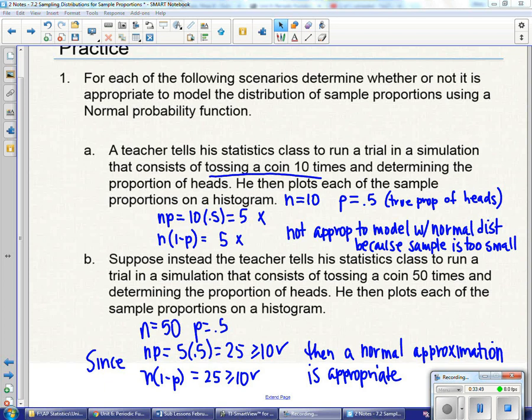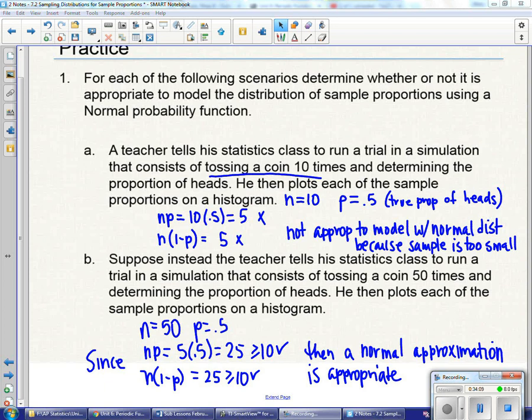In order for me to be able to use a normal distribution, the sample size has to be at least 20 so that I can have 10 successes and 10 failures. So it's not appropriate to model this particular scenario with a normal distribution because our sample size is too small. We could try to do it with a binomial distribution if we wanted to, but we couldn't use a normal